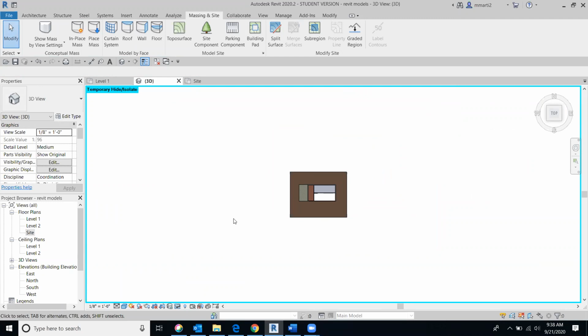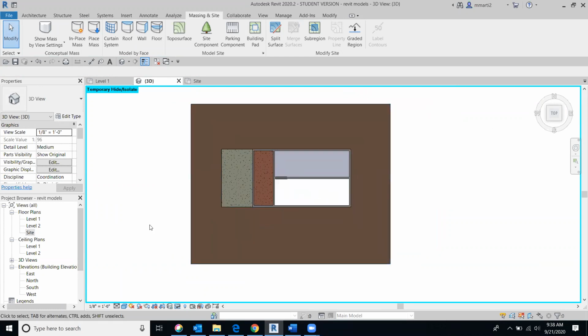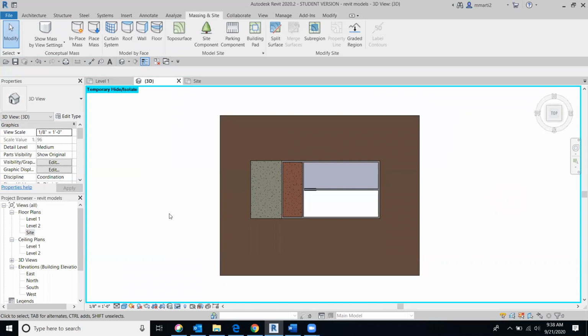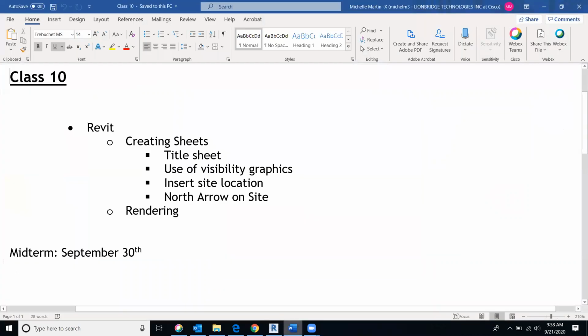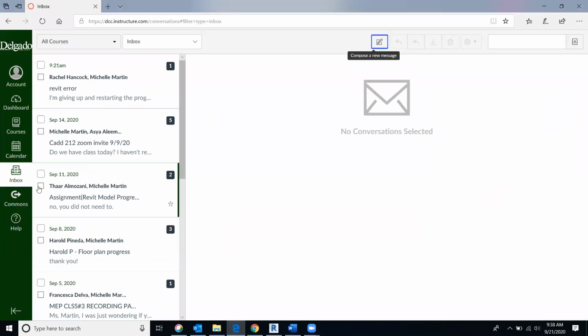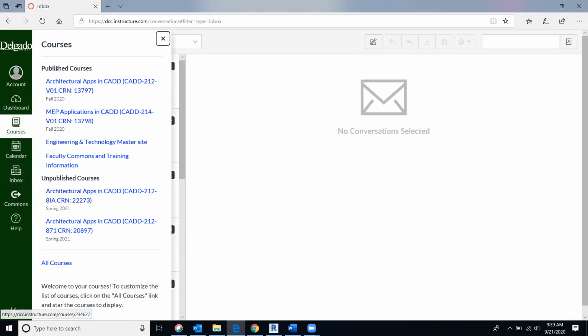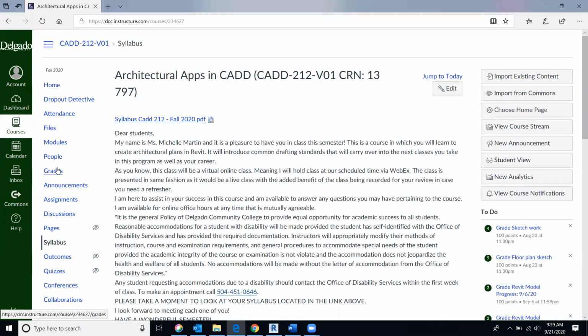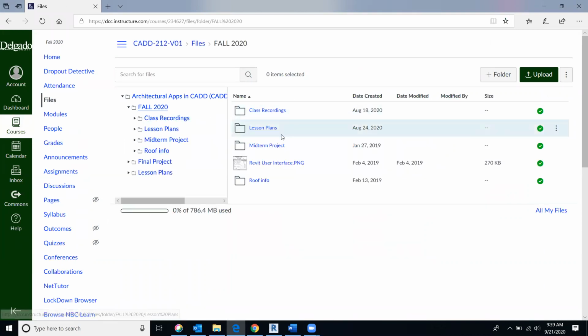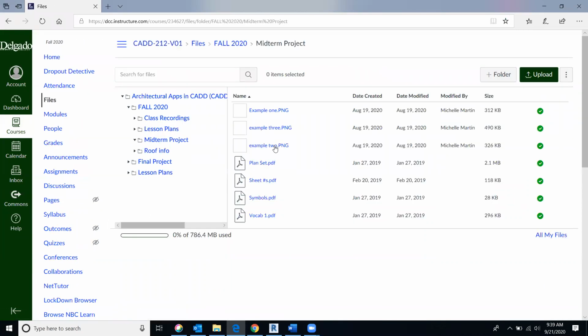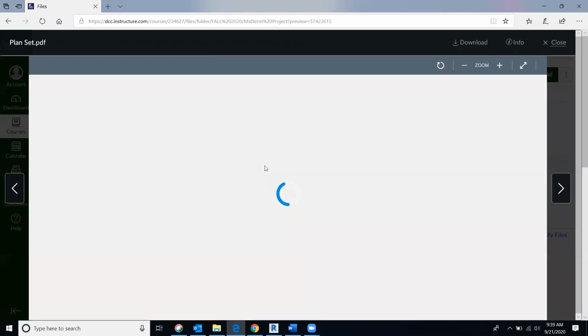All right. Those are just a couple of things that I noticed that people had missed on the last assignment. All right, going forward, we'll talk about creating sheets. So we're going to do the title sheet first. Remember, if we go back to that information that we have in Canvas, under your midterm project, there's a plan set. You can refer back to this title sheet when you're creating